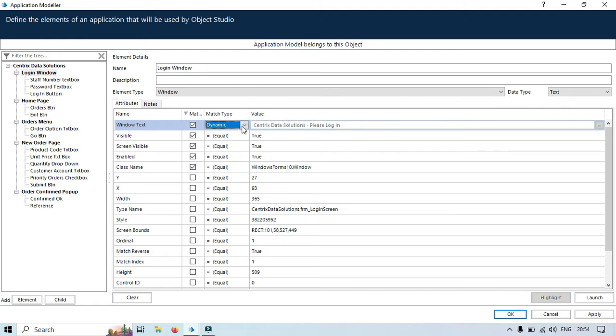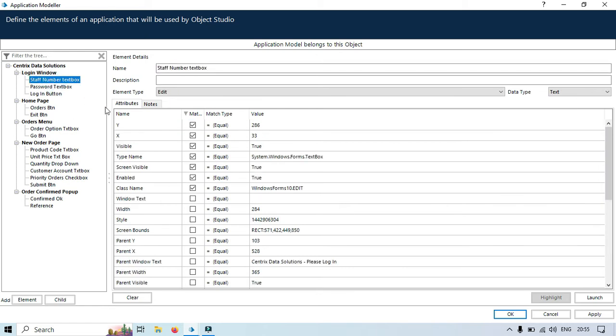Okay, once you click on dynamic, this value will be disabled. Now this value can be taken from this object studio. Now I'm going to take another example for a staff number. So in the staff number, if you can see, we have y value. So this 286, that will be taken from the object studio, not from the application modeler. So instead of passing that value directly in the application modeler, this attribute, we can take it from the object